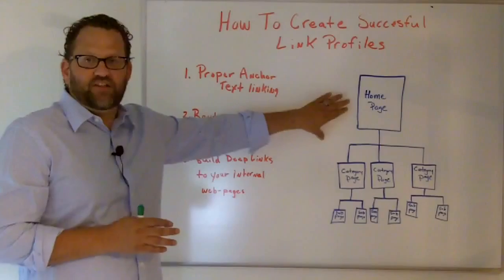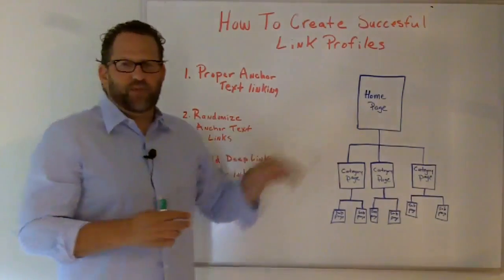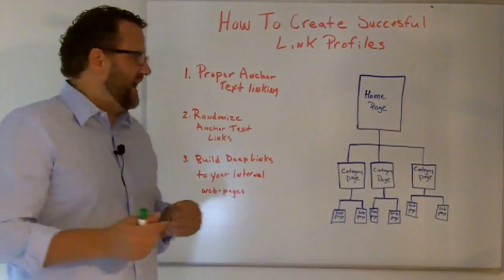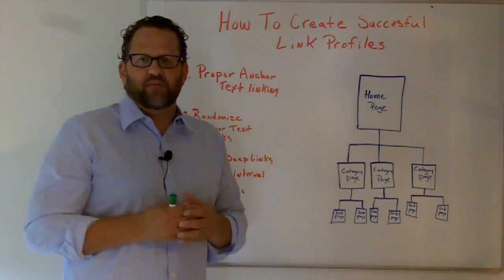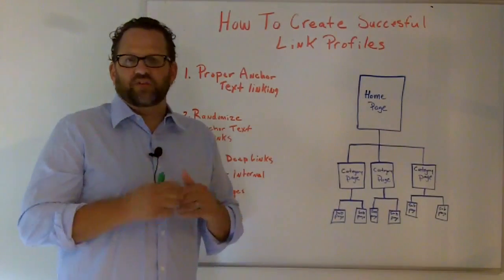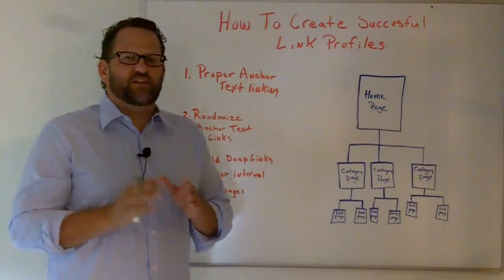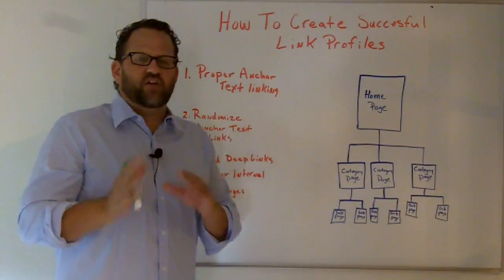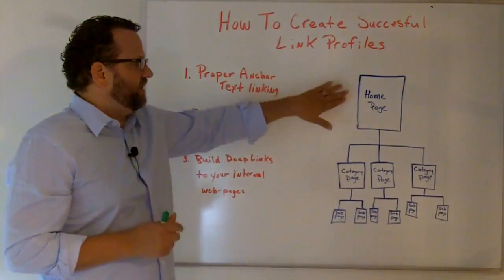So I have an example of a website here, and I'm going to use a website that I own. It's called plrarticleshub.com, and on that site I sell lots of different private label rights articles. Private label rights means you can buy those articles and basically do anything you want with them. But this site is an excellent example of how you want to sculpt your site and then how you want to do your link building. So if we're going to look at